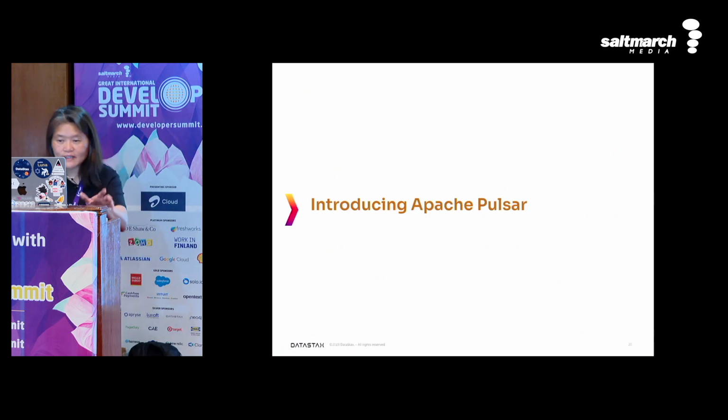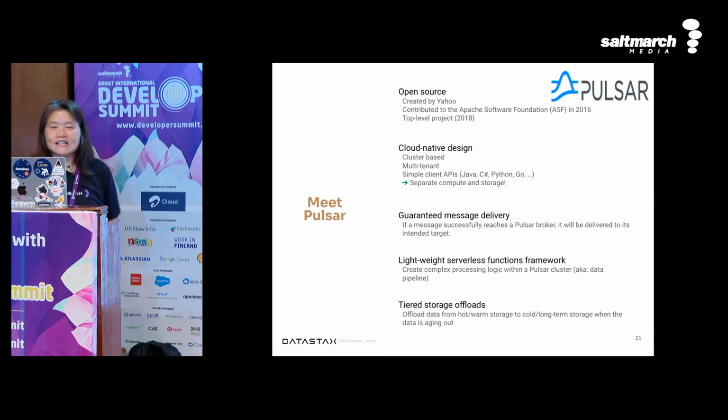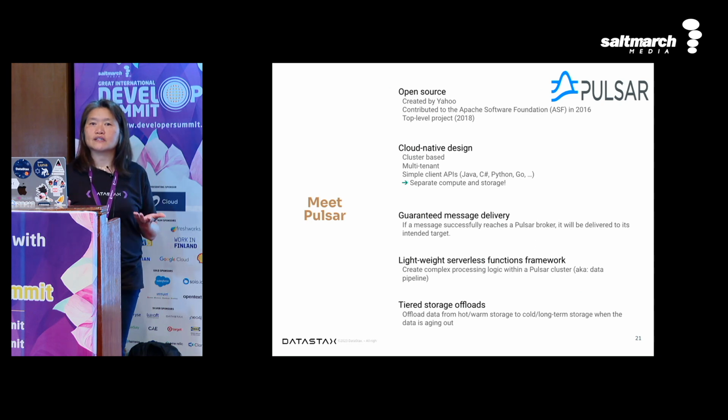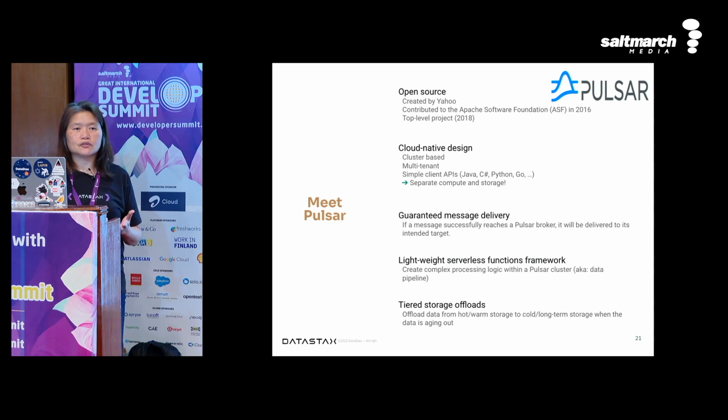Okay, so now let me talk about Apache Pulsar. Apache Pulsar basically is an Apache project, open source, and it was created by Yahoo back in like 2012, 2013, that time frame. And they basically realized at that point that they were starting to use Kafka. Kafka was started by LinkedIn too, you may be aware. And then they were using Kafka.